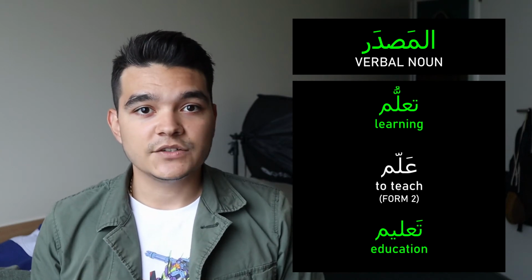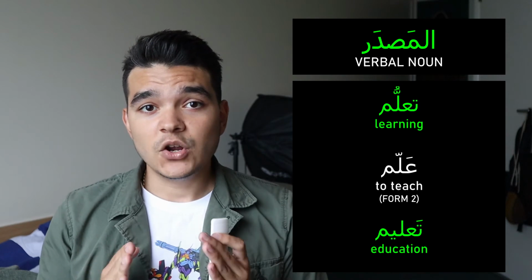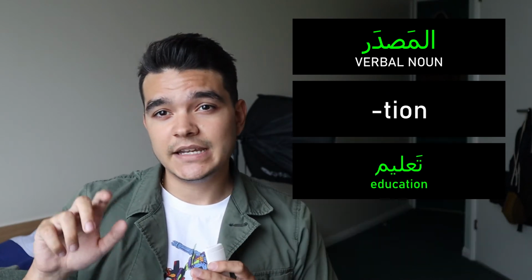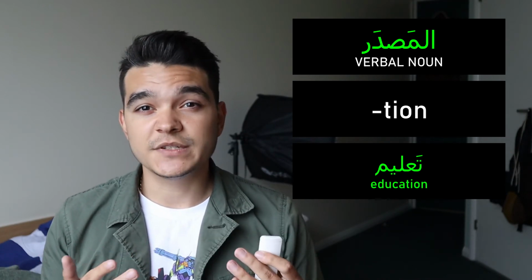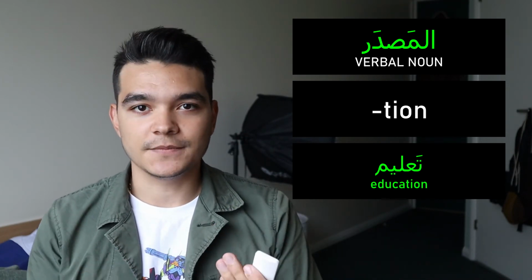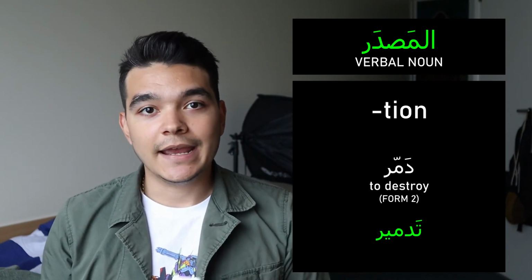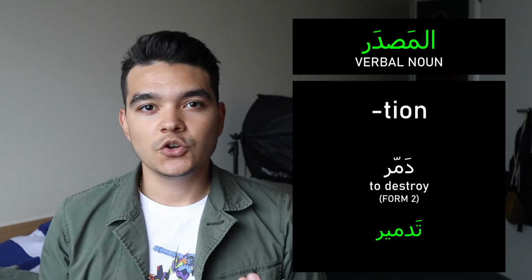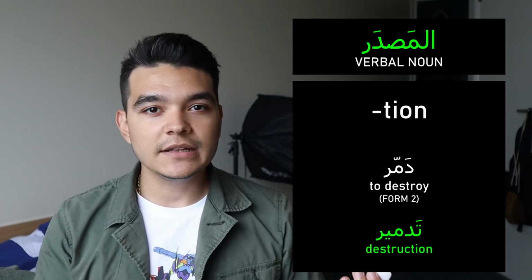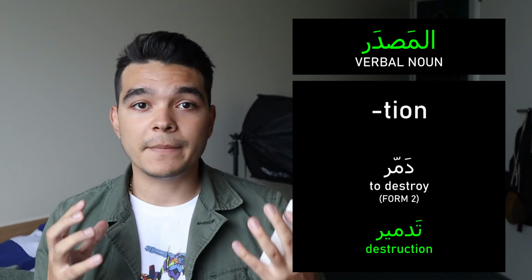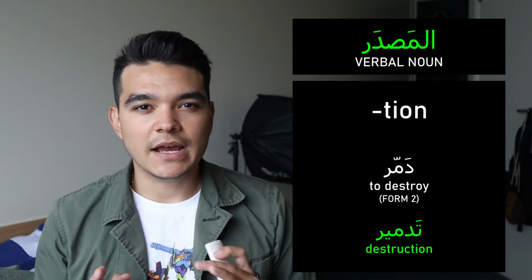As a matter of fact, just as the masdar can often translate to the English gerund, very often it translates as those -tion words that have the similar function of referring to verbs conceptually, hence education. Likewise, the verb dammar, for example, means to destroy, and the masdar, tadmir, could be translated as destruction. As I said though, because English fundamentally doesn't have the consistency of Arabic patterns, to understand the masdar's meaning, sometimes you'll have to think a little bit outside the box.